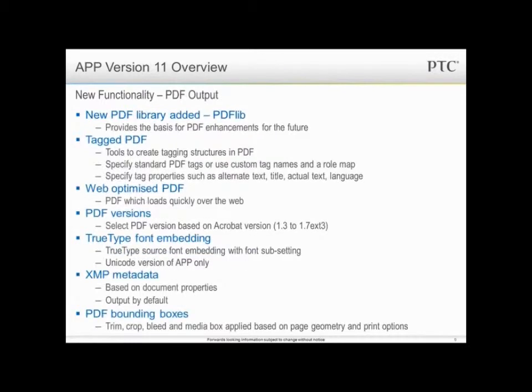PDF output has had a lot of work done to it. For as long as I can remember, we've used our own homegrown PDF output library. This library was very, very efficient, but it did provide us with some problems when we wanted to add extra new features, such as the things listed here. It would be a lot of work. So we had a look around at different PDF generating libraries out there. We also looked at the ones currently used by PTC and Arbortext, and we came to the conclusion that